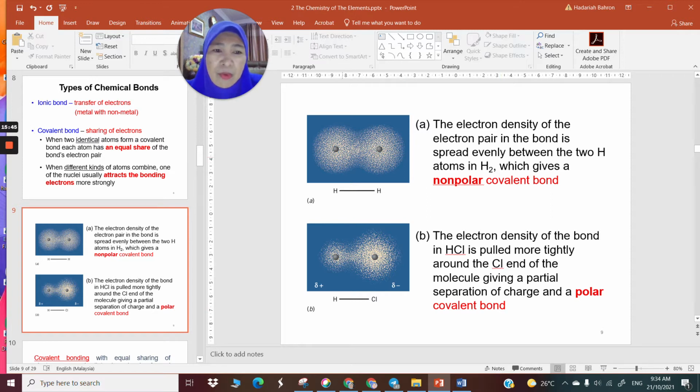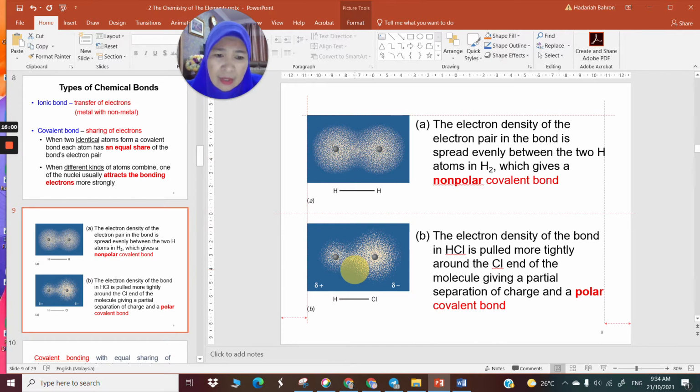So this is a polar covalent bond. This is a non-polar covalent bond. The hydrogen case is a non-polar covalent bond, whereas the HCl case is a polar covalent bond, because of the